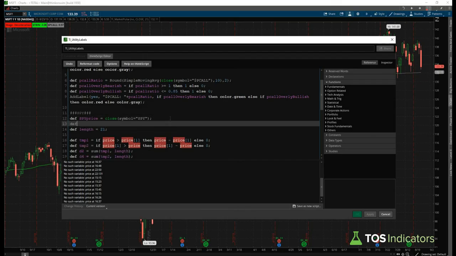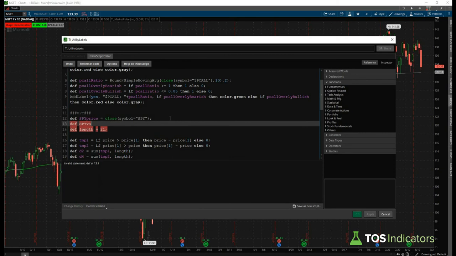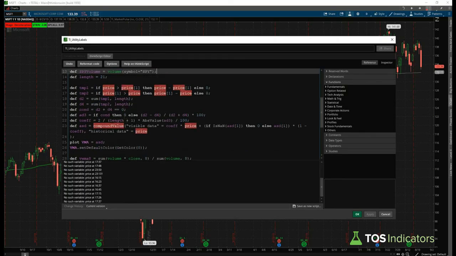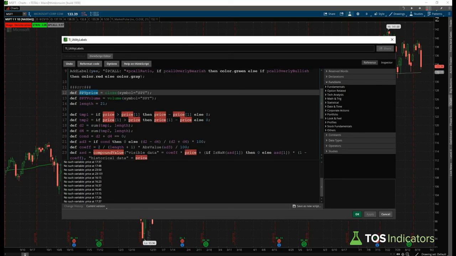We'll go ahead and create a new variable for the same thing. We'll do volume this way, and so we'll mark the volume. And once again, make sure we've assigned it to the symbol SPY. And now we need to come in, and anywhere we see these errors, copy paste in our new variable name,